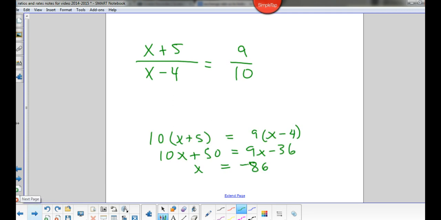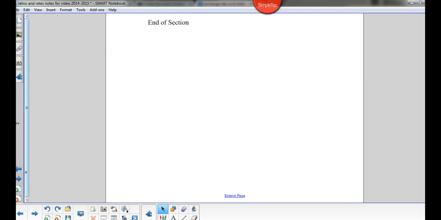All right, just be careful when you distribute again. You're distributing the 10 times x plus 5, so we need to make sure we distribute that. And then we're also multiplying the x minus 4 times 9, so make sure we distribute the 9 into that too. Negative 86. All right. That's what we've got for the notes on this section, writing and solving